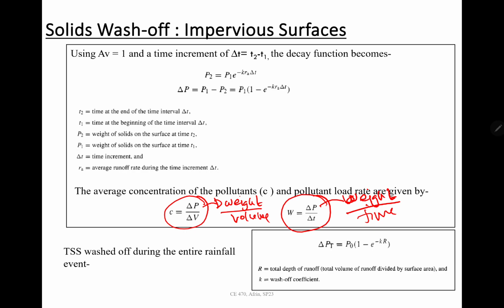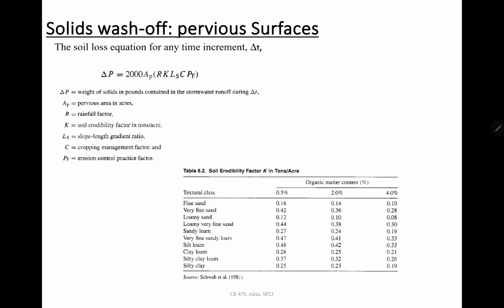These are very important to determine, because you can route from upstream to downstream what the concentration will be and what the pollutant rate will be at different points. So this one is important. For pervious surface, whenever we say solids washoff, basically we are saying what the erosion will be, because pervious surfaces don't have any